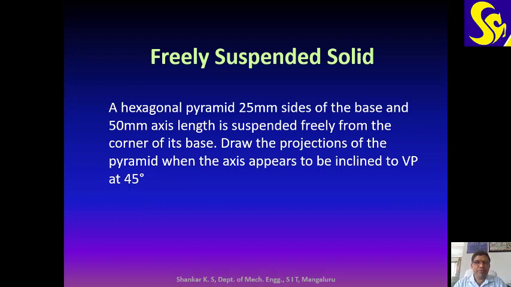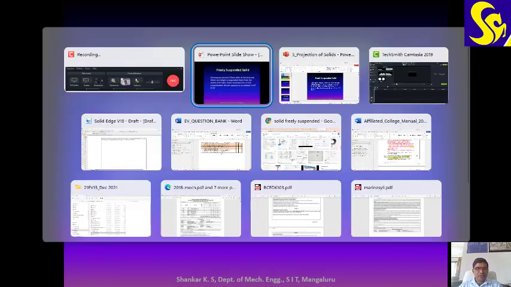Now this is the problem statement. A hexagonal pyramid, 25 mm sides of the base and 50 mm axis length, is suspended freely from the corner of its base. Draw the projections of the pyramid when the axis appears to be inclined to VP at 45 degrees. Now, whenever a solid is freely suspended, there will be an imaginary line connecting the center of gravity of the given solid with the point of suspension, and we need to ensure that this imaginary line is perpendicular. So let us go to the